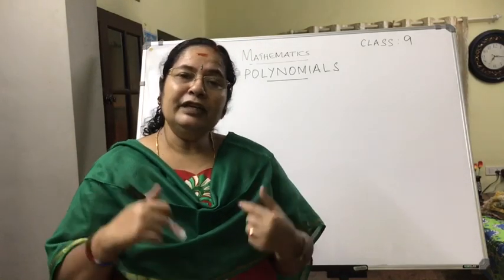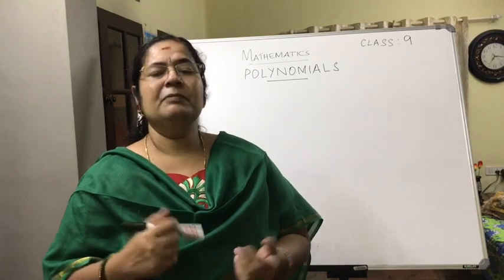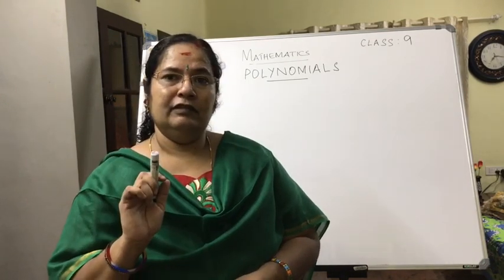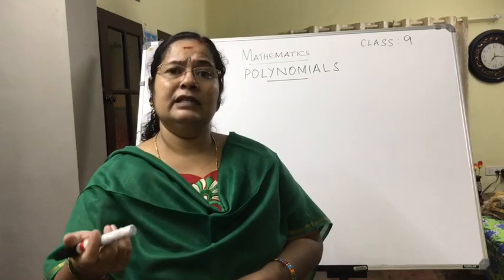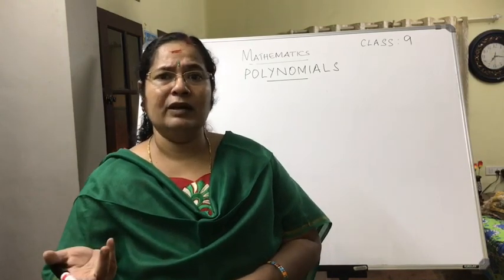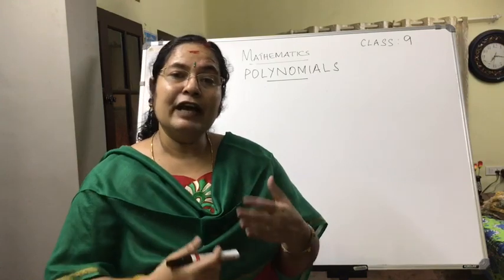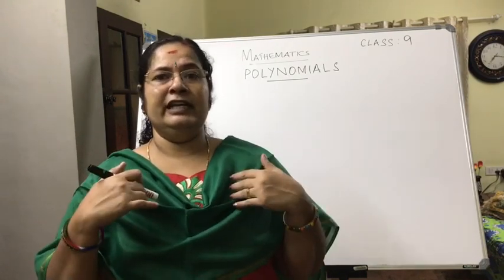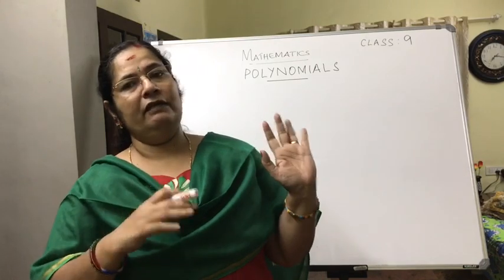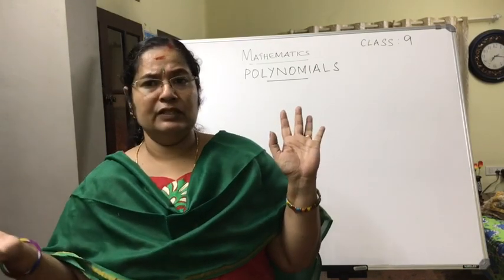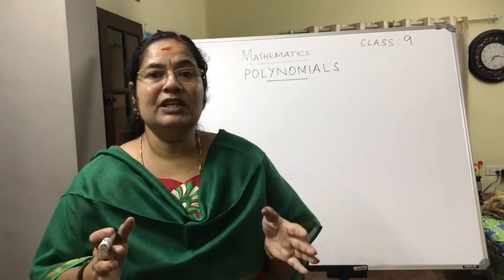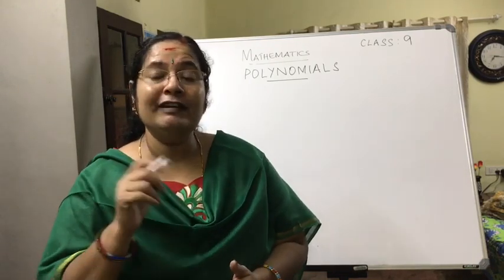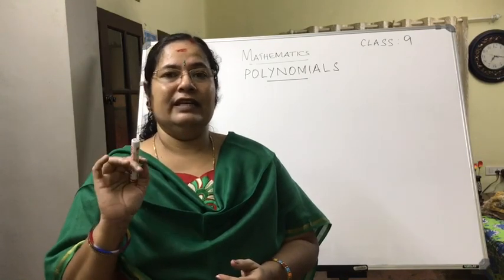But if you take a letter, suppose I take x, I say now the value of x is 5. Later I may say the value of x is 10 or 25 or minus 1. That means the value of x goes on changing depending upon our need. Now I will say it is 5, later I will say it is minus 1 or 2. So depending upon the situation, it can change its value, or the value varies. That is why it is called a variable.